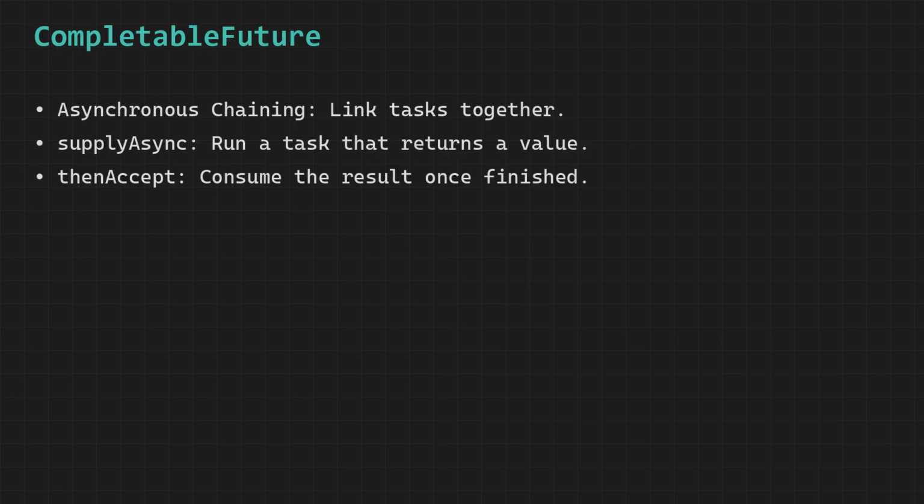CompletableFuture is a modern and highly flexible way of handling asynchronous tasks in Java that allows your program to continue running smoothly without getting stuck waiting for a task to finish, because instead of blocking the main thread and forcing it to sit idle, it enables work to be carried out in the background while the rest of the program keeps moving forward, which makes your application more efficient, responsive, and scalable, especially when dealing with operations like API calls, database access, or heavy computations that take time to complete.